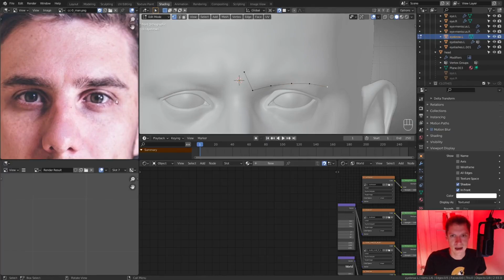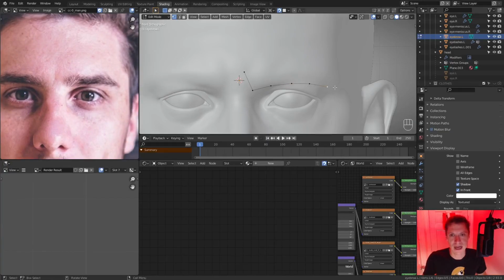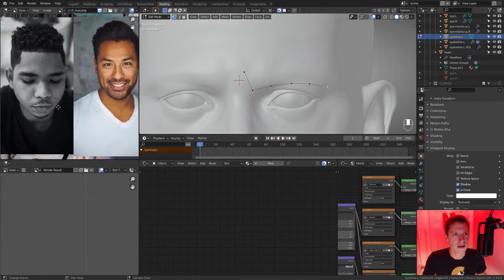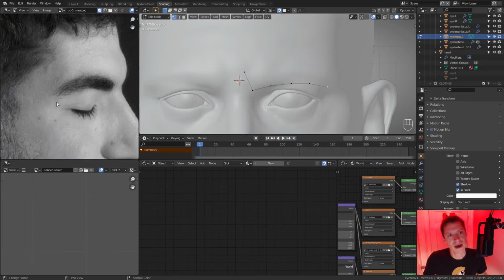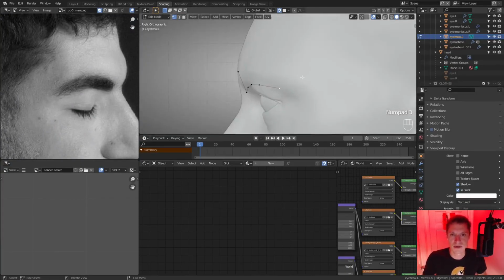Now, where does it stop? Visually, it stops a little bit outside of the eye, but then I have another angle. Let's see. Oh, this one. You can see the brow kind of stops a little behind the eye. Okay, so if we go to the 3 perspective,